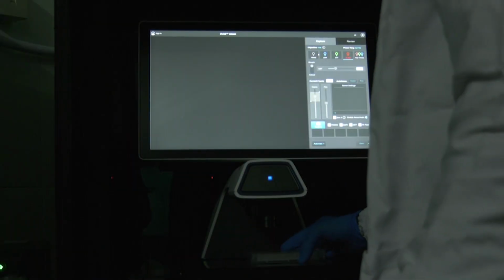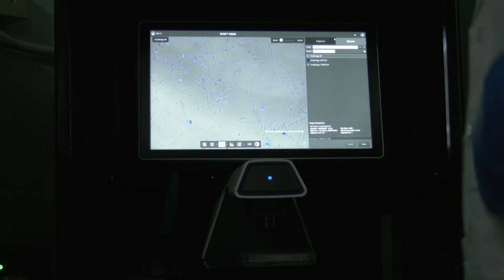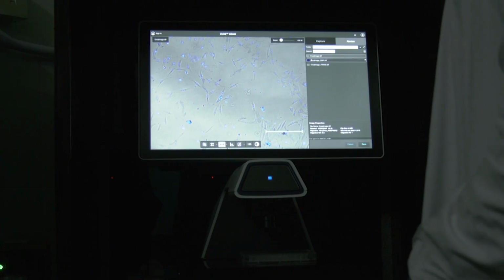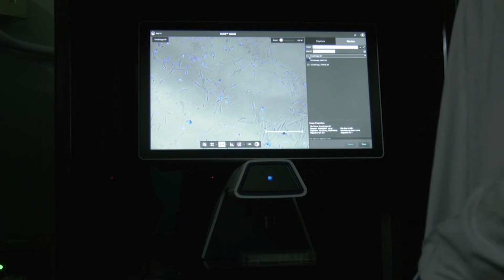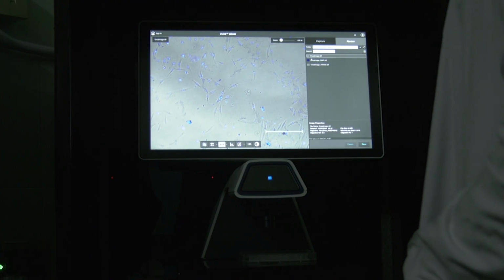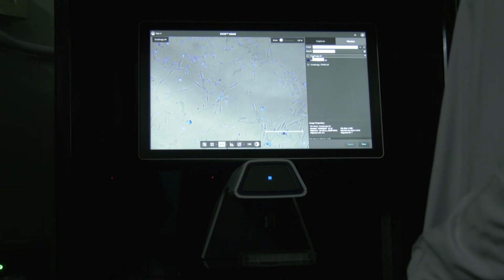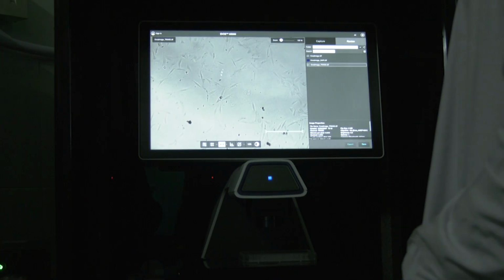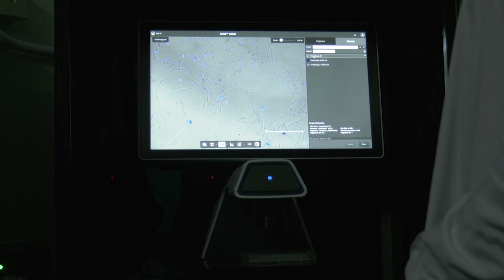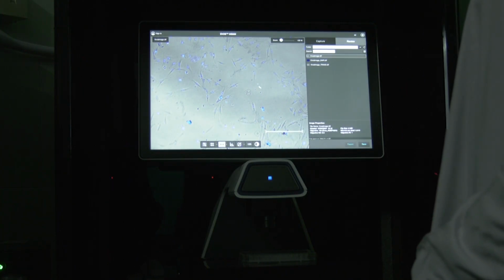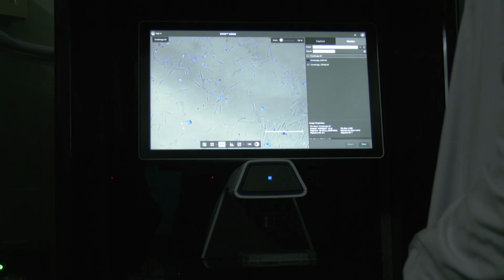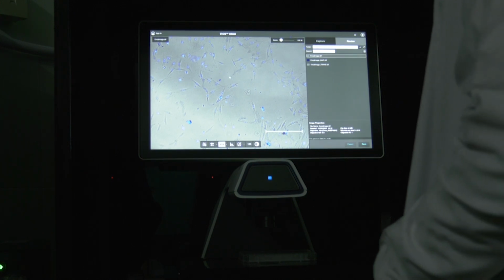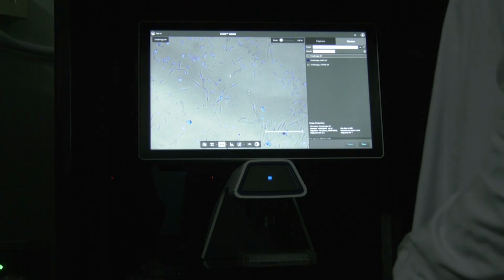Next, observe the cells under the microscope while they are still in DPBS. Hodges stain specifically binds to the DNA in the nucleus, causing it to appear blue. In this image, you can see the typical nuclear pattern indicating proper staining. This is a sign of healthy cells that are not undergoing any process such as apoptosis. We will save these images. Repeat this process for the other two control wells.